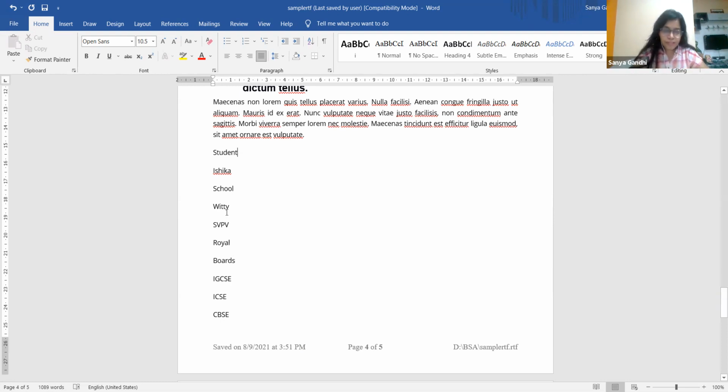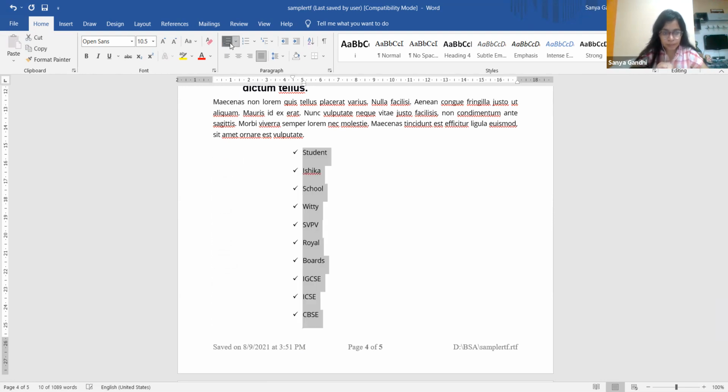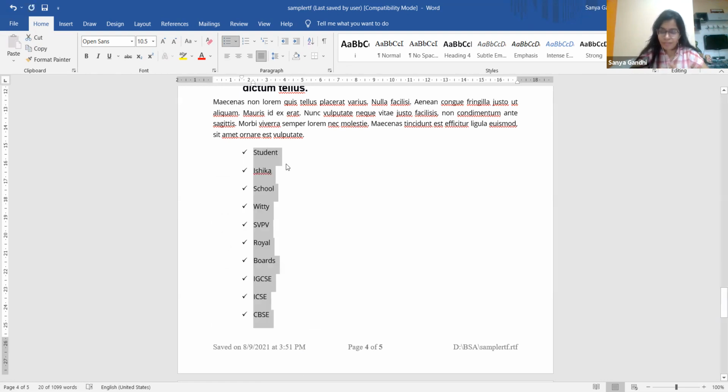Now, Ishika, this is a very unclear list. How is it unclear? Let me first add bullets to this. Let's go with the default ones. This list is very unclear because I want to portray that the student is Ishika, school is Witty, and there are other schools which she can be a part of.